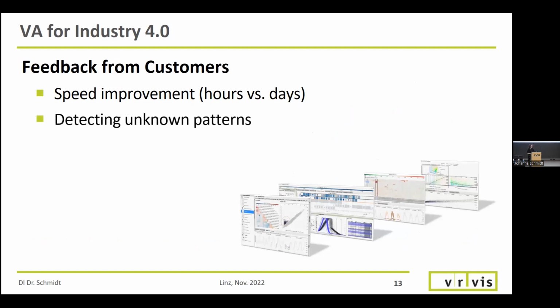And we also got some feedback from our customers. So of course, we are in very close collaboration with them, and we are asking them how they use the software and what patterns they detect. And they actually always mention that the speed improvement is the most important reason why they would use visual analytics for analyzing their data. So in one example,